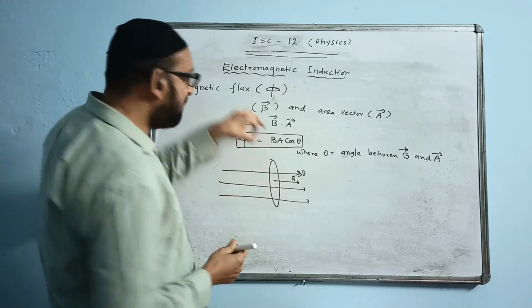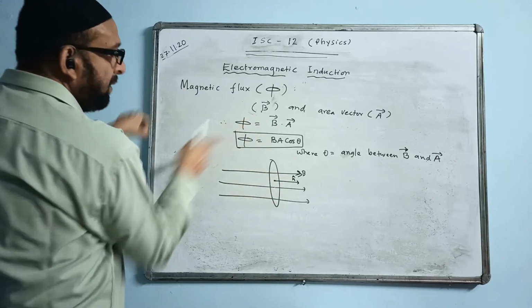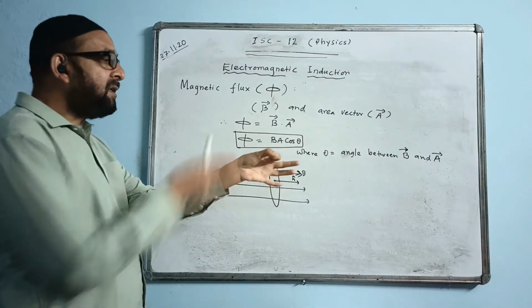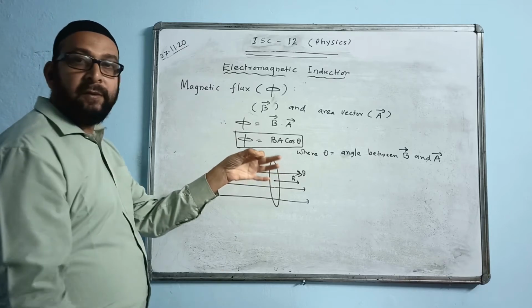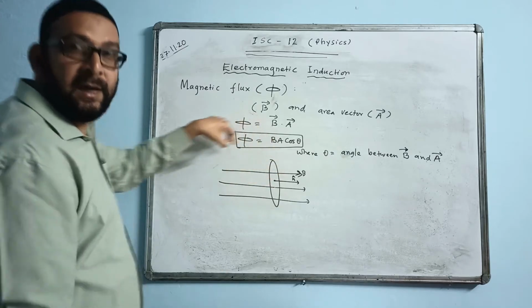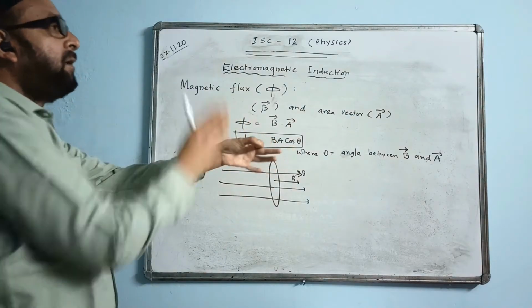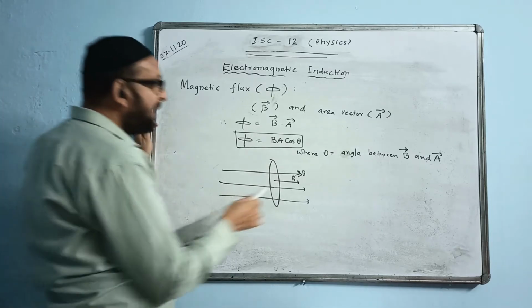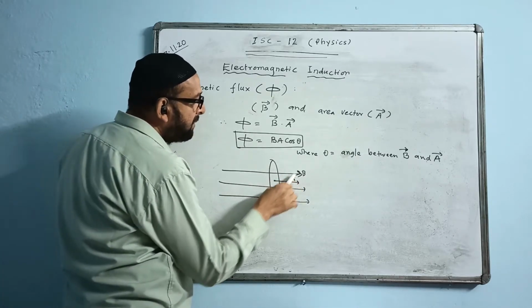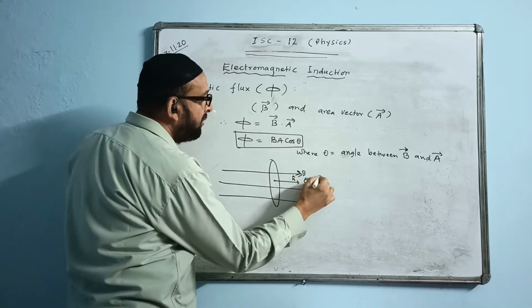Normal you are drawing on the surface. The surface is like this, vertical, so draw normal going outward this way. If the surface is like this, normal will come like this, either upward or downward. Any one way will come. But if it is vertical, it will come this way. If it is horizontal, it will come vertical, either upward or downward. So how much is the angle between these two, B and n cap? 0 degrees. So this type of value of theta we take 0 degree.